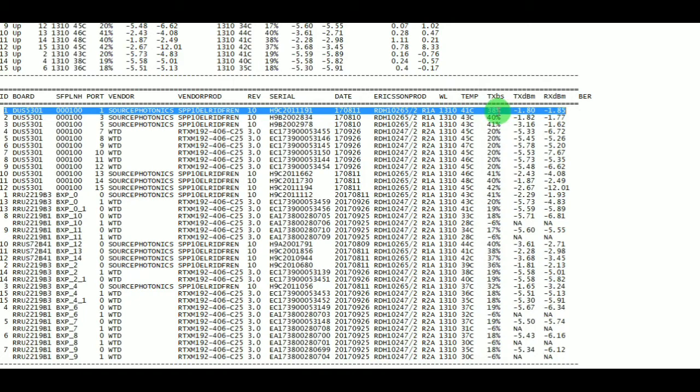Tx rate in bits per second is 38%. Tx power in decibels is minus 1.80. Rx power in decibels is minus 1.85. It does not provide the details about the uplink and downlink losses. It only provides the details about the SFP module connectivity between the baseband and the radio units.